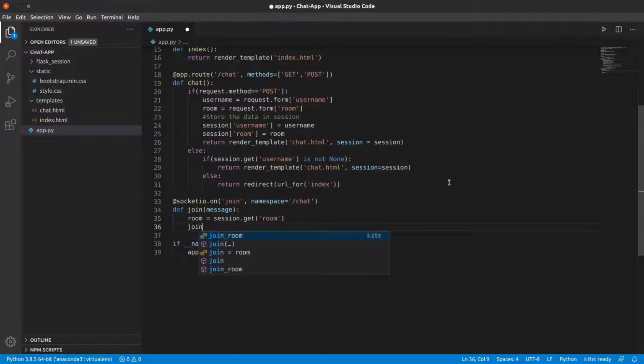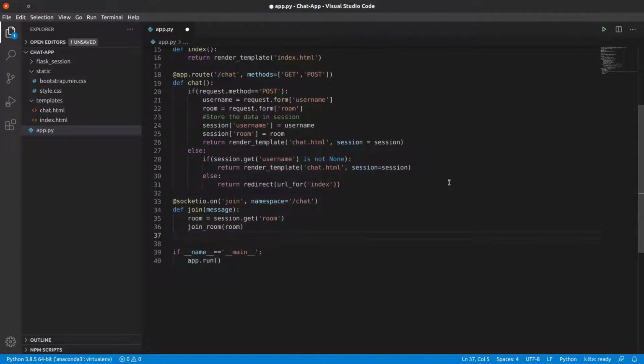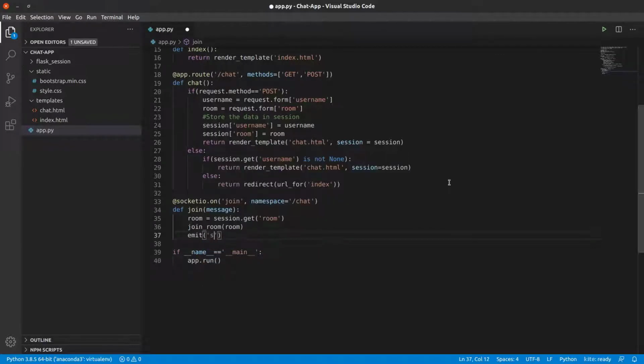Now let the user join the room. So join_room and pass this room. After that, we will emit a message which will go from the backend to the front end, so emit status, which can be seen on the front end. The status will be a message, and the message passed will be the session's name, session.get username.